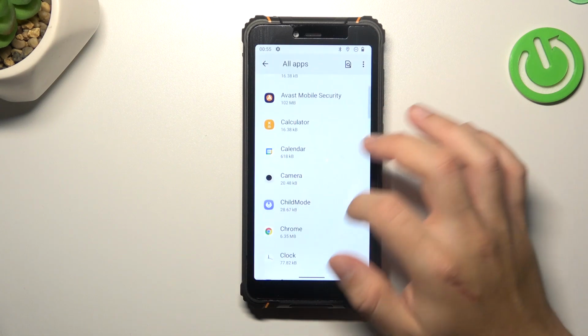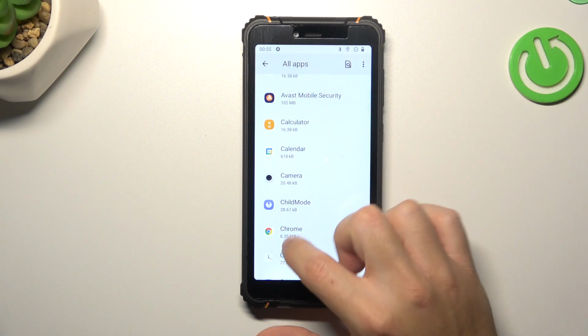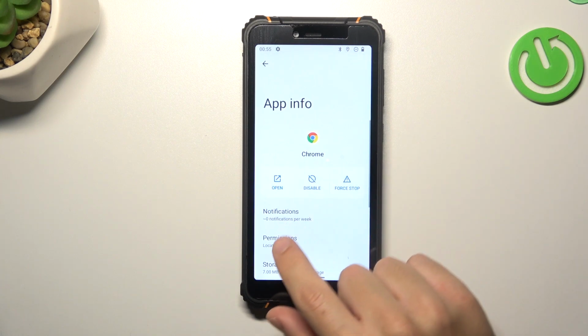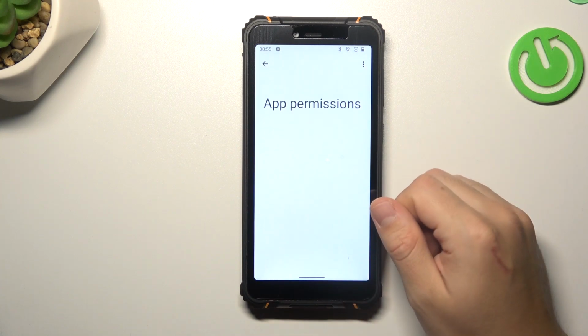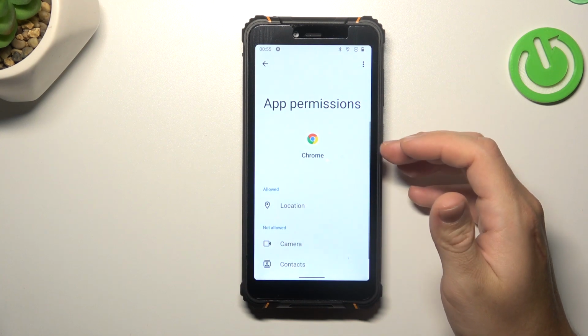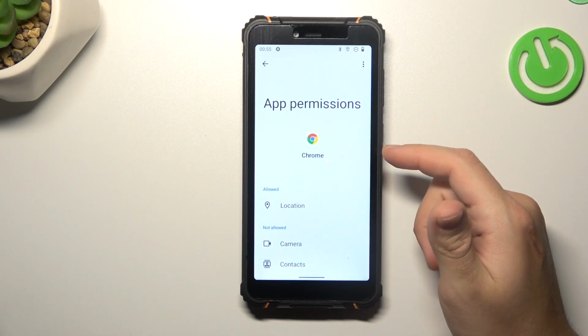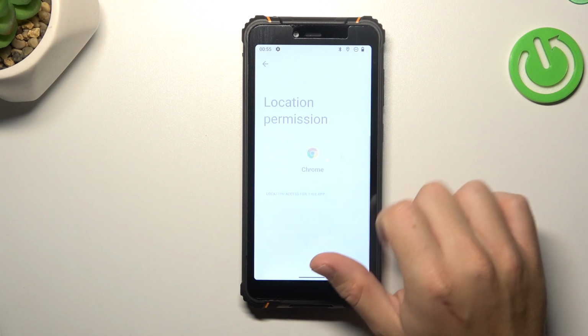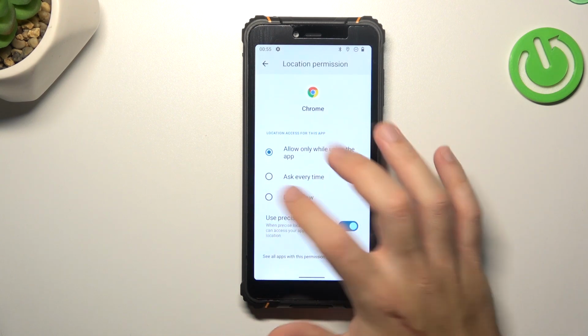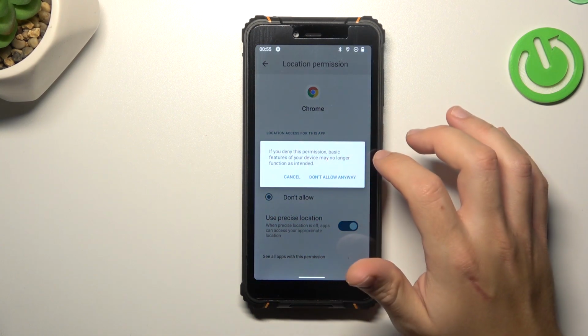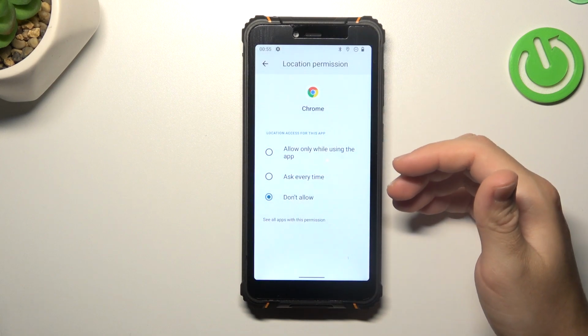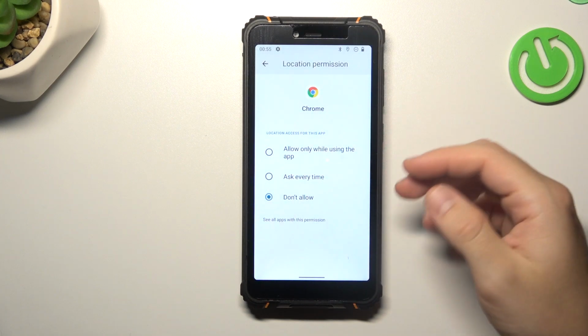Now just look for the app that you want to turn off the app tracking, like Google Chrome. Now select the permissions, and as you can see, Google Chrome has a location permission on my device, so if you want to deny it, just open it and select don't allow. Choose don't allow anyway, and with this location permission set up, Google Chrome or any other app cannot track your